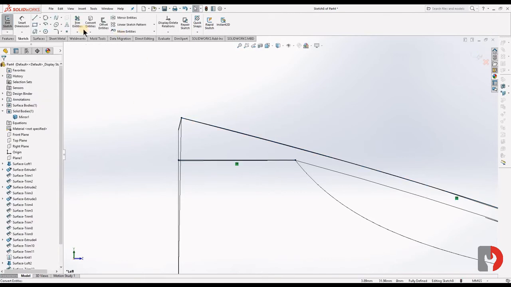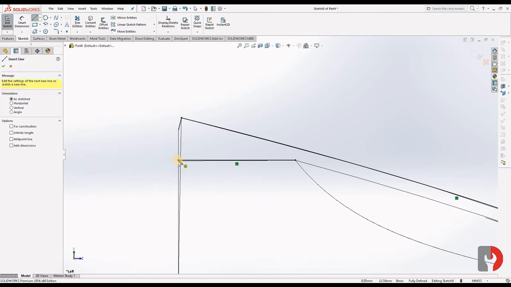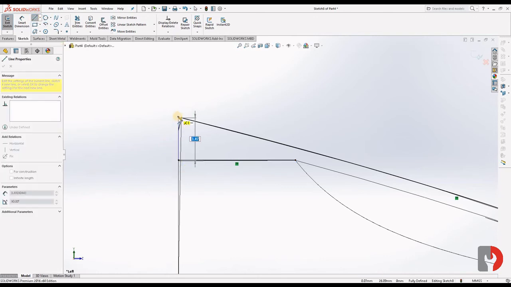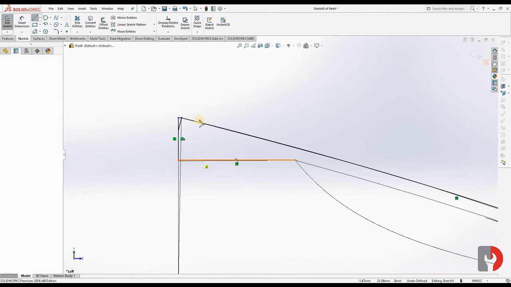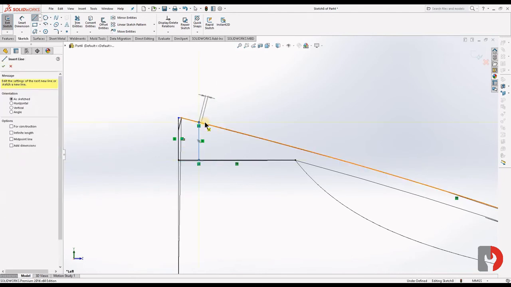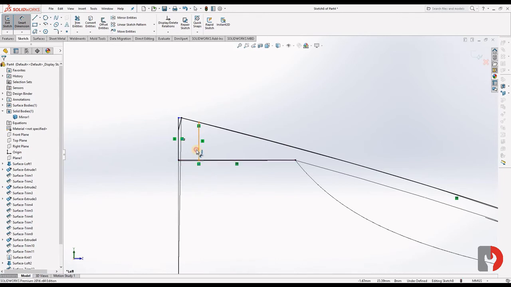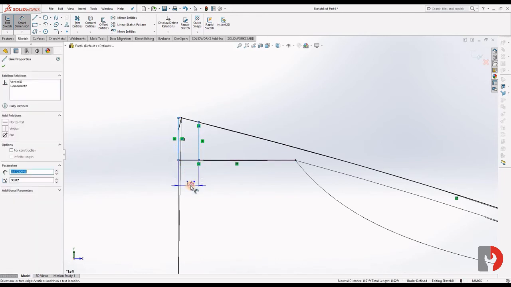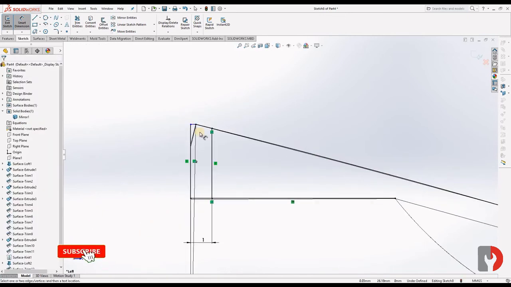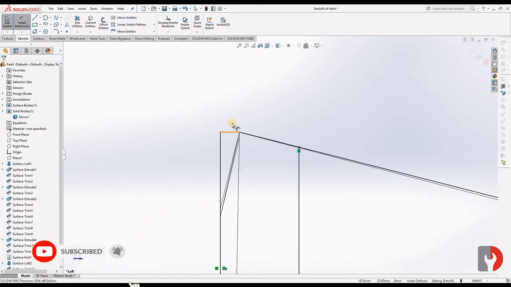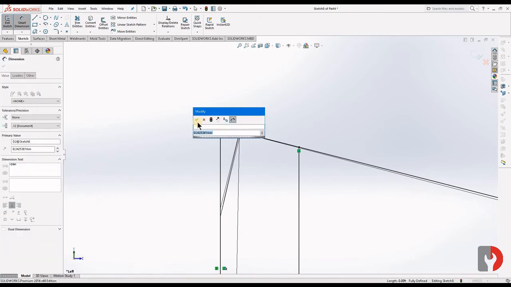Okay, now apply. Okay, select again, drop from here to here and give distance 1. Okay, 0.24. Okay.